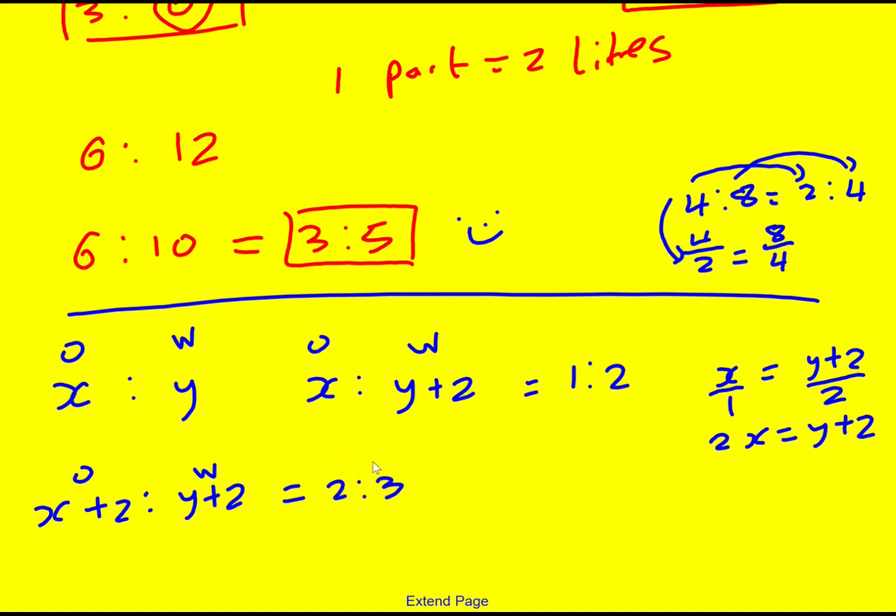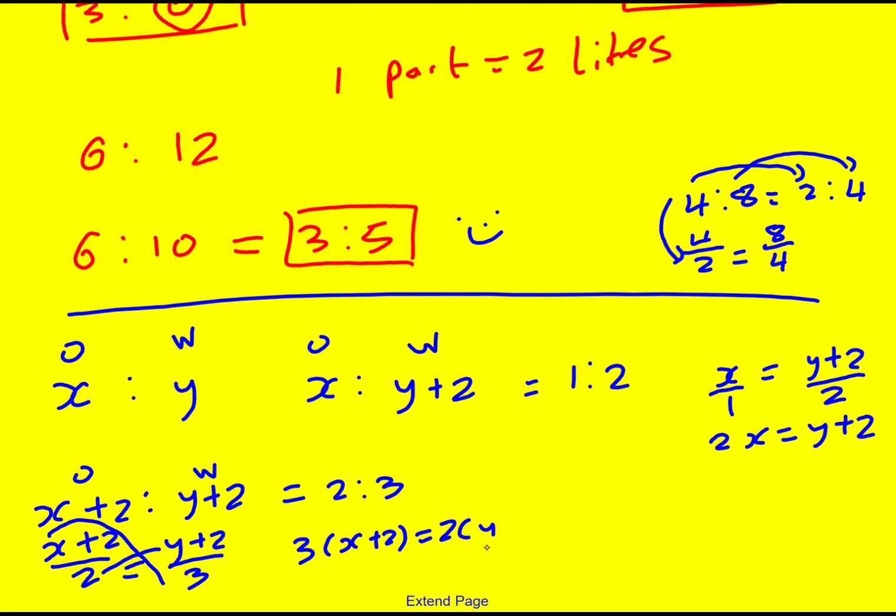Slightly trickier equation this time. x plus 2 divided by 2 equals y plus 2 divided by 3. I can cross multiply, basically multiply both sides by 3, both sides by 2. But in effect, this ends up over here, and this one ends up over here. So I get 3 times x plus 2 equaling 2 times y plus 2. I did say this is more complicated. 3x plus 6 is 2y plus 4, which means